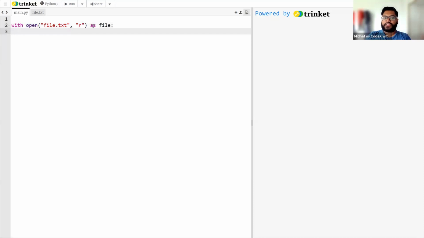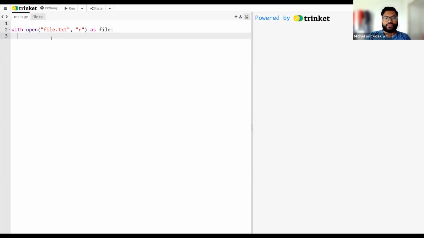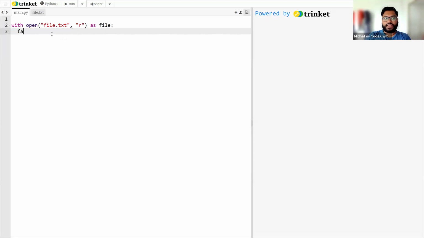What I can do then is actually start to read in the file. And to do that, what I need to do is I need to do file. So if I say, let's say data,